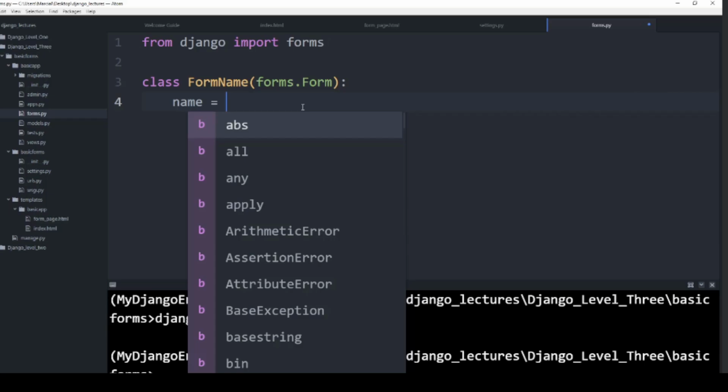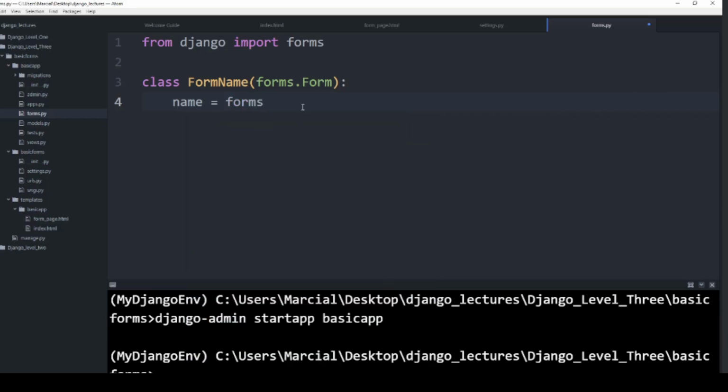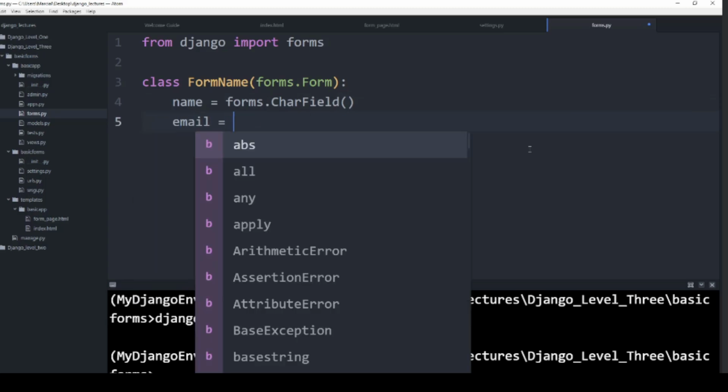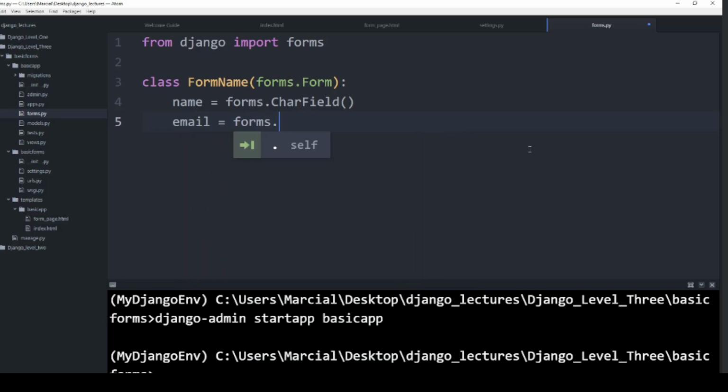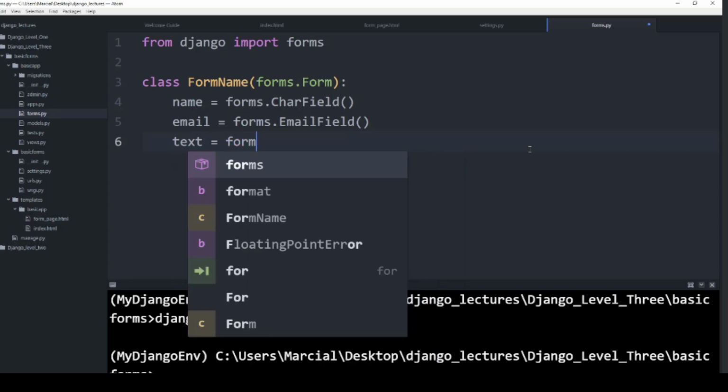And then we'll say name, create a couple of fields. So now instead of making database fields, we are making essentially form fields, those text inputs, text areas, etc. So this will be a CharField for the actual name. Also have this person provide an email, after name. In the forms we'll say forms dot, let's say an EmailField, and then we can say let's have a text area field. Okay, so the way you do that is just say forms, pass in a CharField,